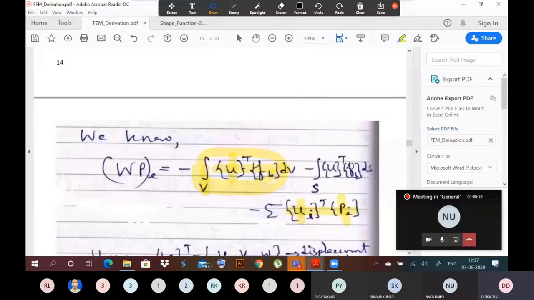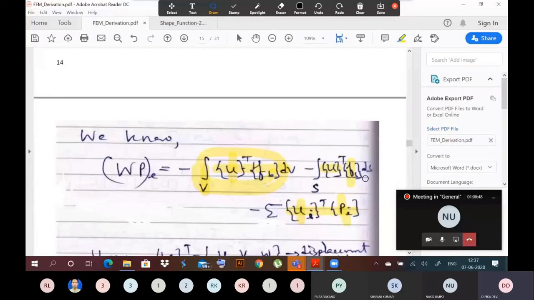Then these terms must be multiplied by an elemental surface ds to find out the work done by the surface traction acting on this elemental area ds. Then you have to integrate it over the surface along which this surface traction is acting to find out the work done by this whole surface traction. Okay, so that way we can find out the work potential. So it will have three components: work potential due to body force, work potential due to surface traction, and work potential due to point load.